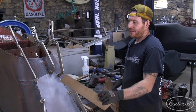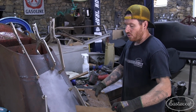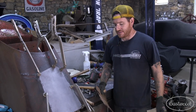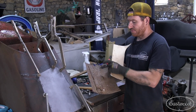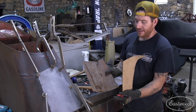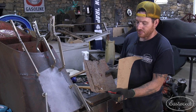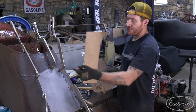All right, so we got the outside skin fitting pretty good. Got this lower edge all wire edged. I'm really happy with how that's coming out. Now basically what we need to do is we have a 16 gauge inner brace here. As you can see, it's all rotten, but basically it sits right on the edge of the wire edge on the inside, and then it came all the way up and it was spot welded to that inner shelf